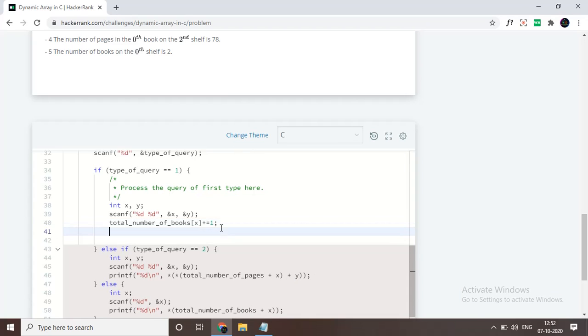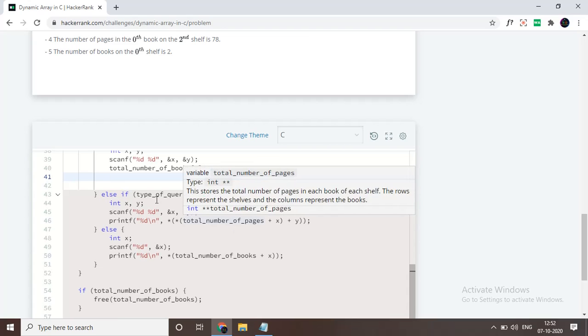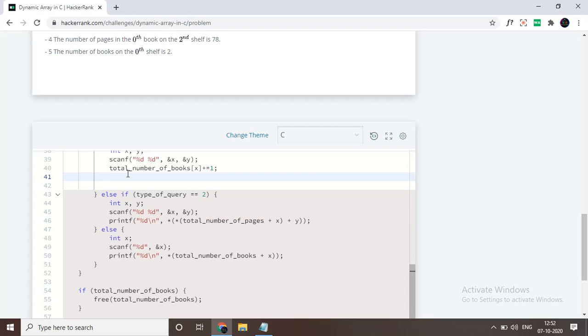Now I am going to place how many pages of that book. How many pages of that book? I am going to allocate some memory here. Total number of pages of x for that book, I am going to allocate some memory. For that, I am going to reallocate it. Reallocate of